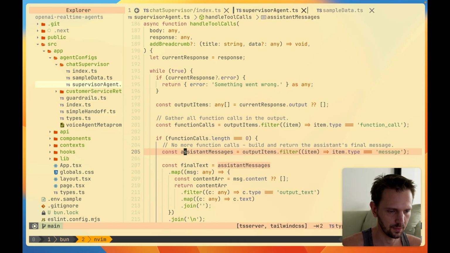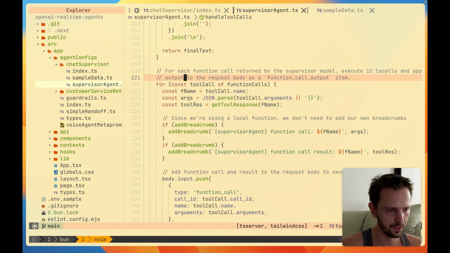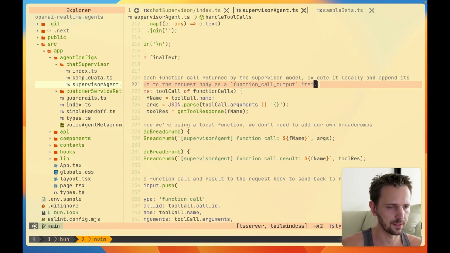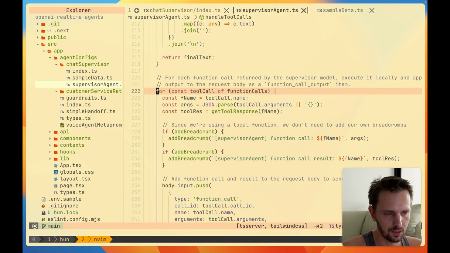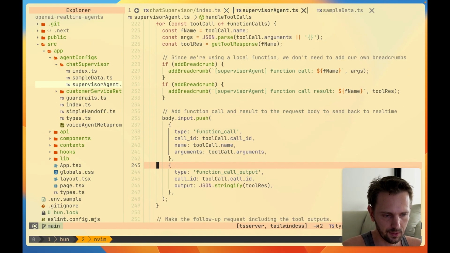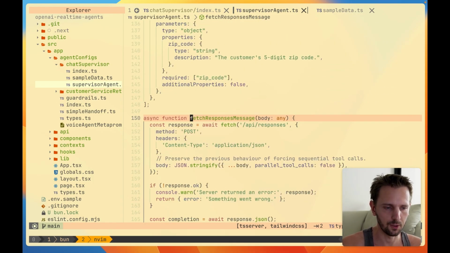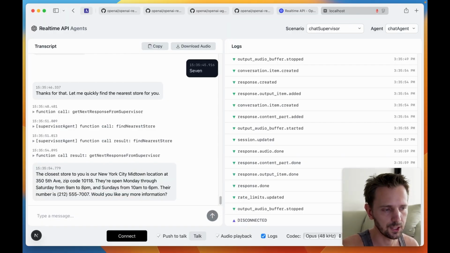Okay, system. For each function call, return the supervisor module executed locally and append it. Output the request as a function call output item. Okay, basically call a tool, and then add some breadcrumb and get the response with the tool output. Alright, that was the chat supervisor